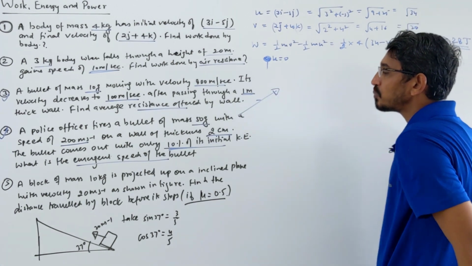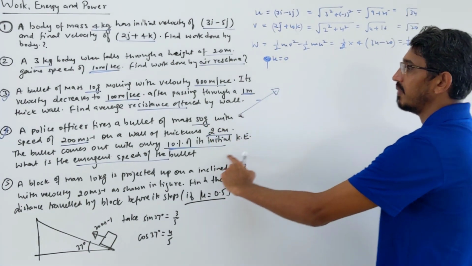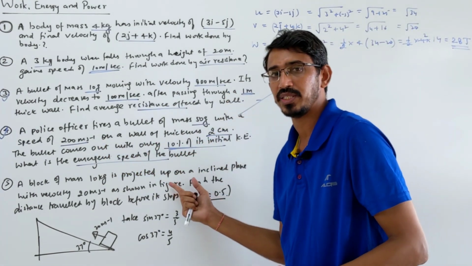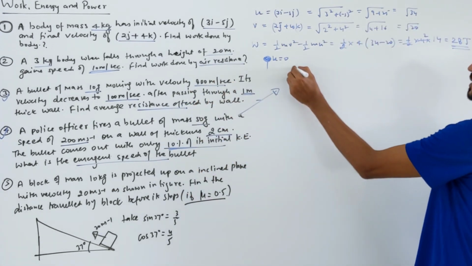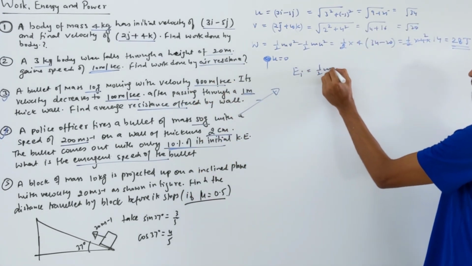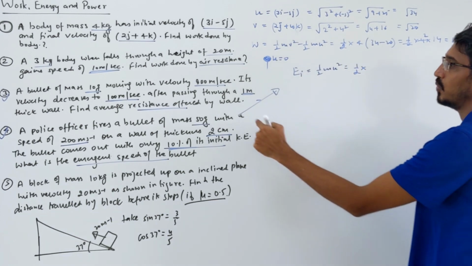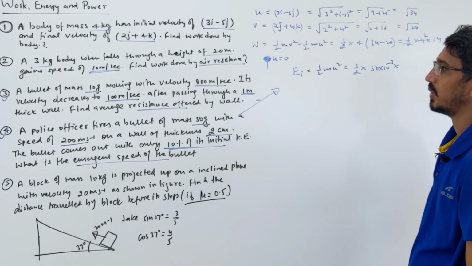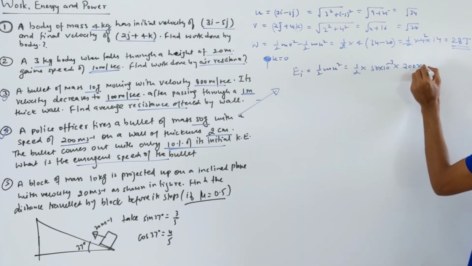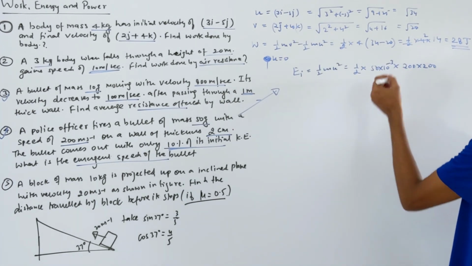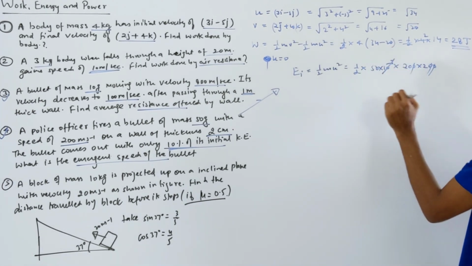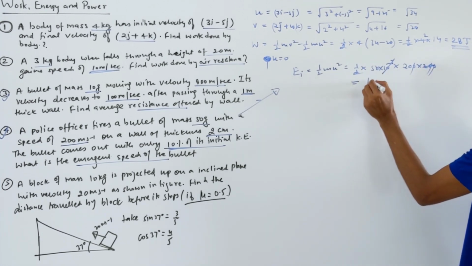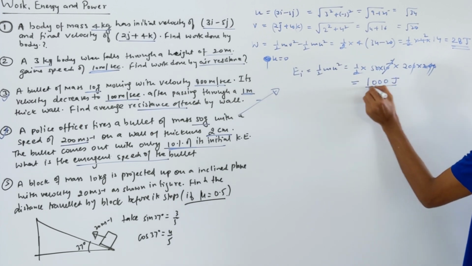Look here. What is given to us? Mass of the bullet is given, initial speed is given, and it says coming out with 10% of initial kinetic energy, not velocity. So let's calculate the initial kinetic energy. Initial is half m u squared. Mass is given as 50 gram, so 50 into 10 power minus 3, and velocity is given as 200. So this becomes half into 50 into 10 power minus 3 into 200 into 200. Let's cancel 3 zeros here, this 2 goes here, 20 into 50 is remaining. So this becomes 1000 joule. This is the initial energy it has.